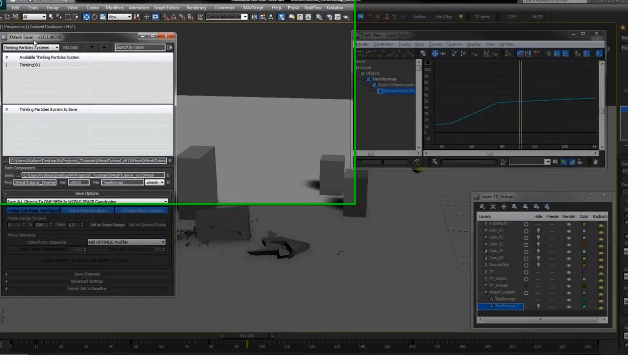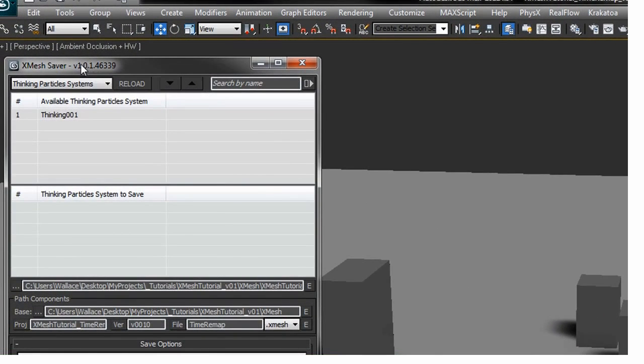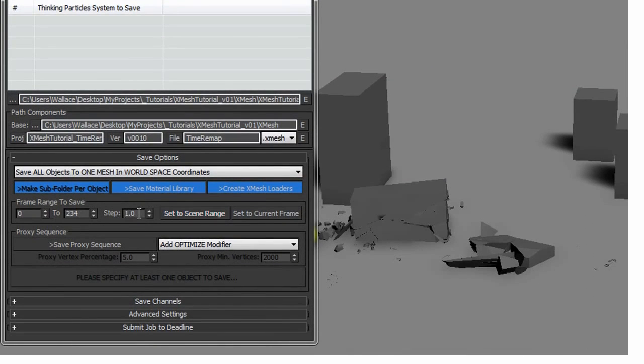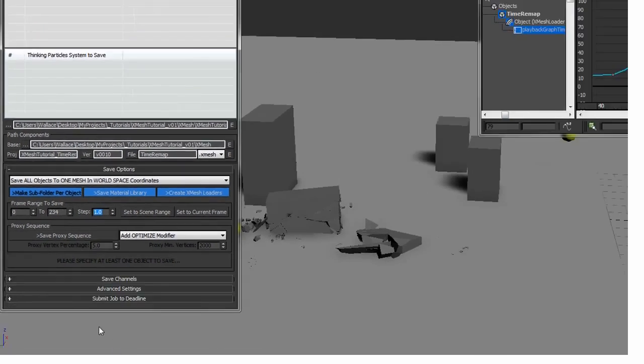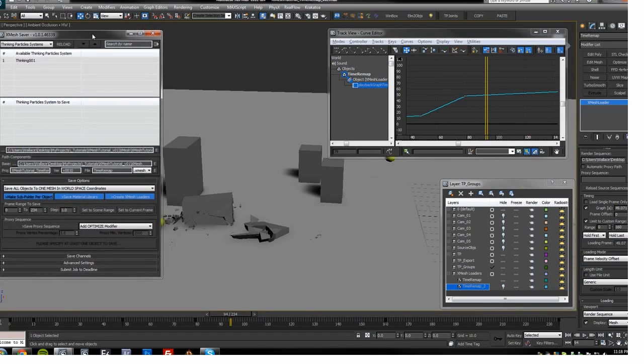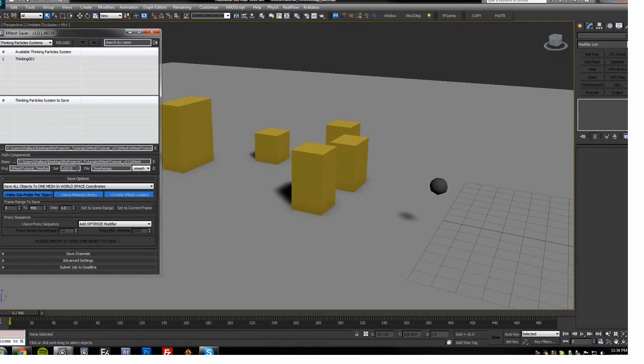Now this is Xmesh 1.0.1. In 1.0.2, they actually changed this to a drop down called samples. So from 1 to, I think, 200 samples, you have an option. In this version you can only go up to one substep, and actually it goes in reverse. So just to show you what I mean